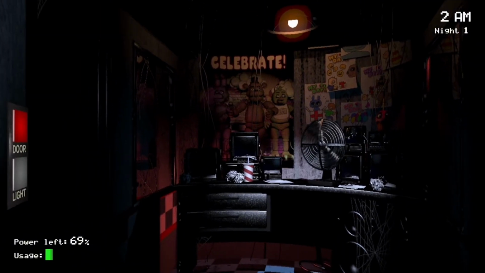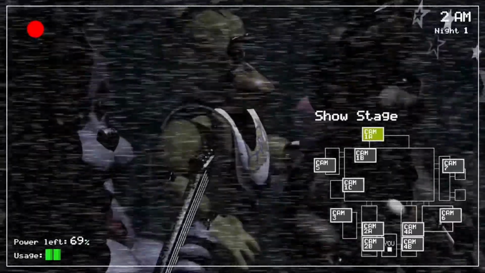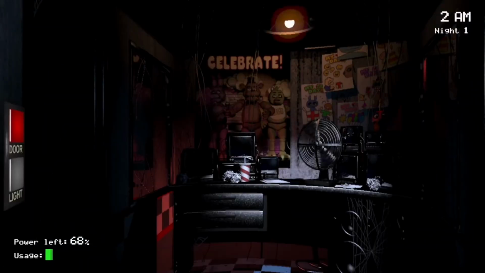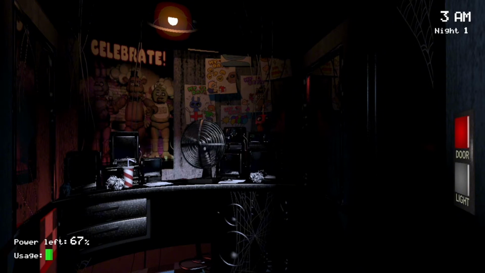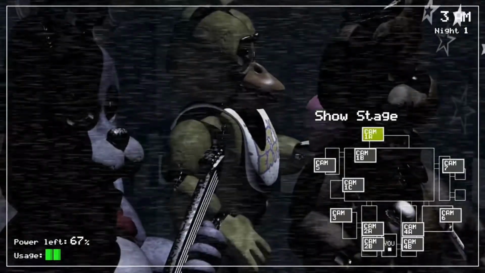But you gotta be quick, because if you're not quick, then the lights and doors can be jammed. What I mean by that is, if you try to press the door, it won't turn. It won't close or open, and the lights won't turn on. And if that ever happens to you, either Bonnie or Chica doing that, whatever you do, do not